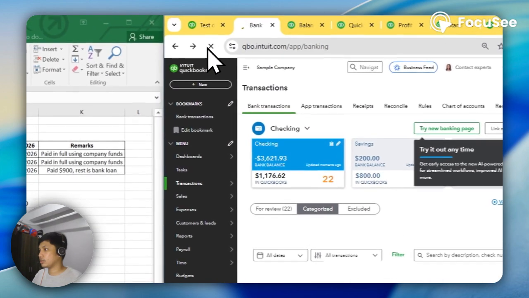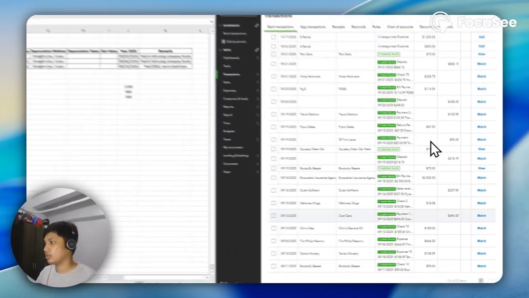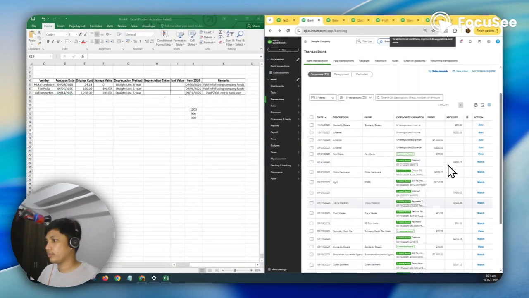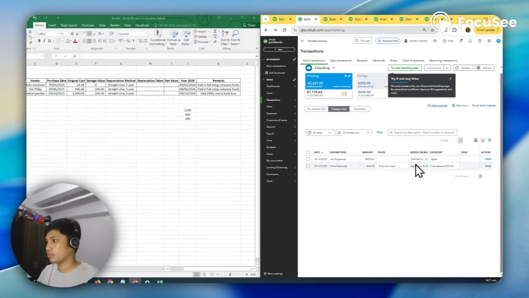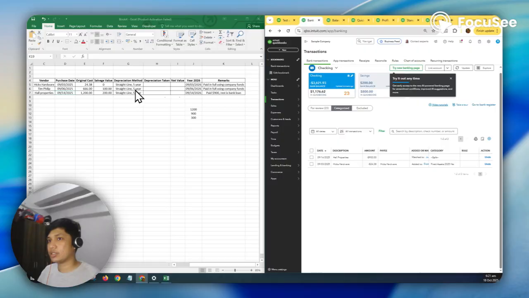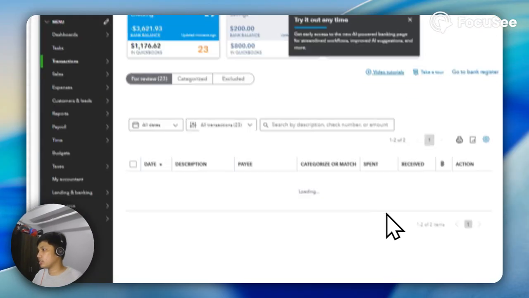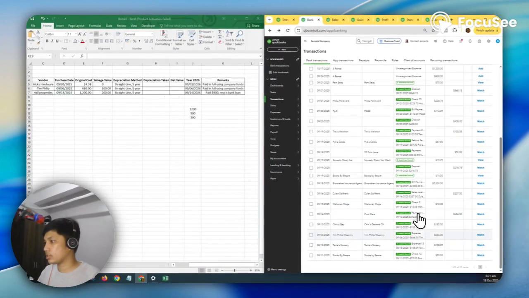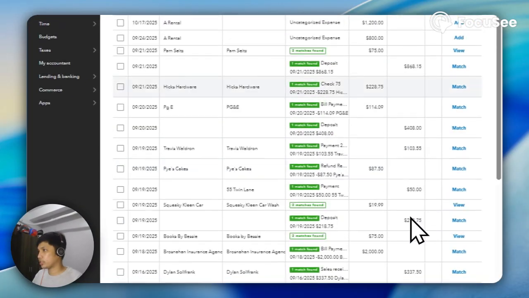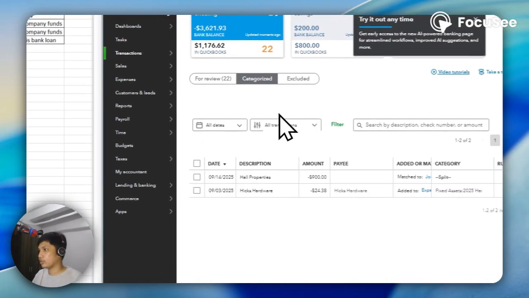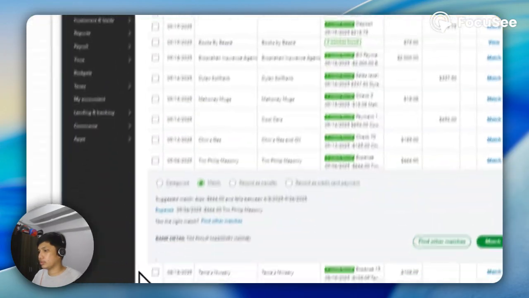Okay, everything is categorized. Let's check the categorized tab. The 666 is missing. Let's check what happened to the 666. I'm going to match it again, then categorize. What happened?